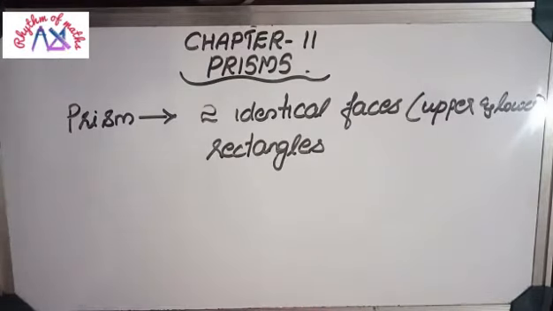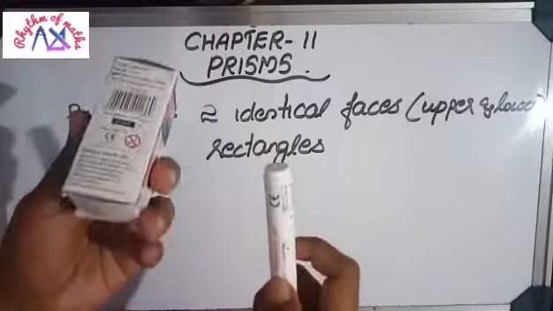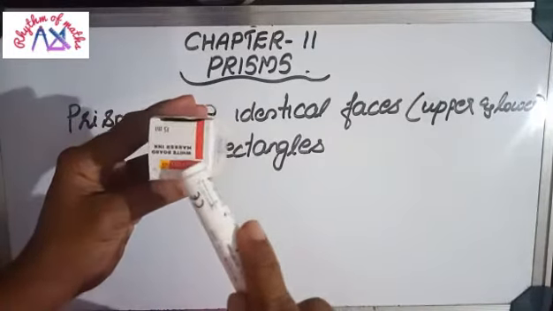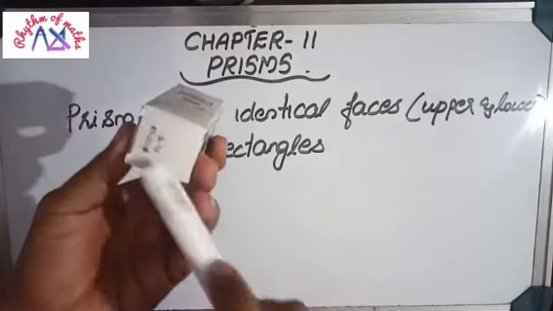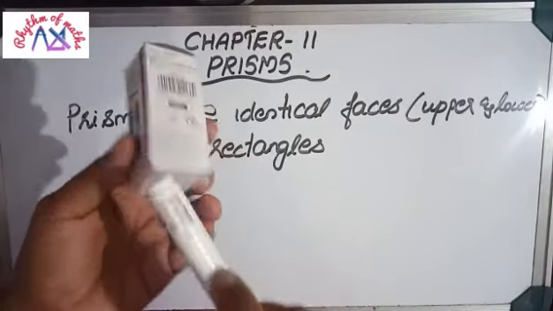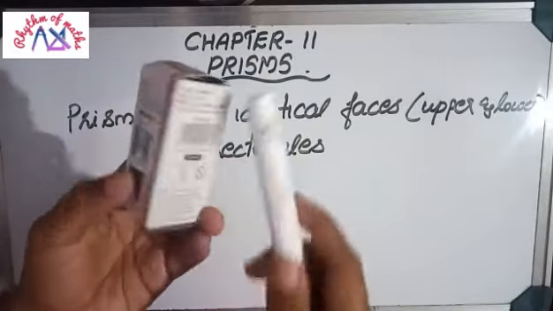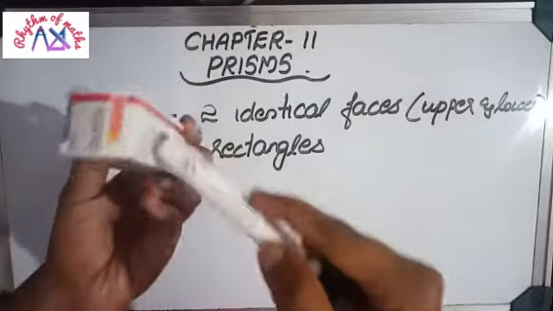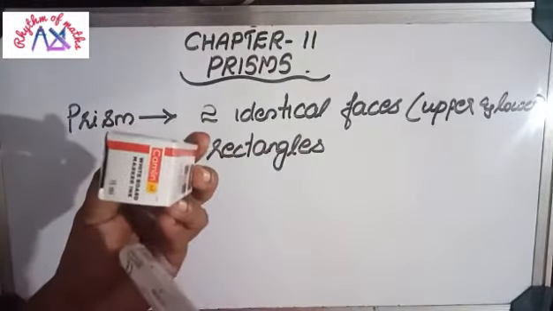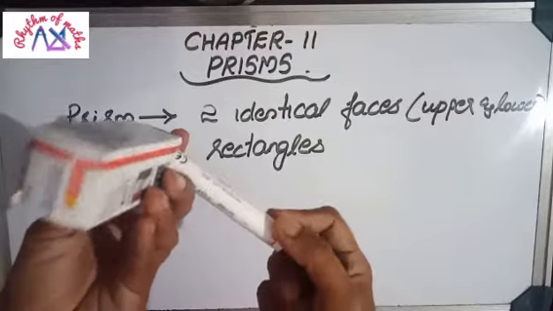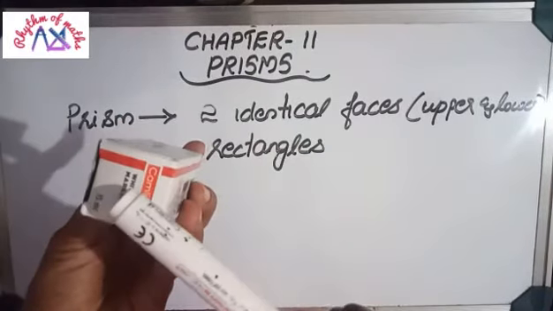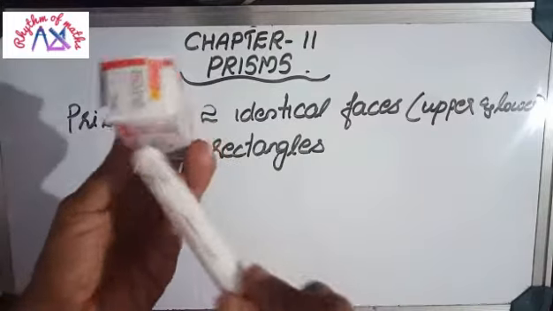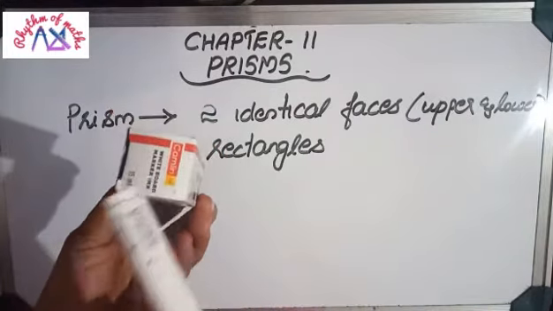look at this. Here, this is a prism because it has this upper base as a square and the lower portion also a square, and you can see that these portions are rectangles. 1, 2, 3, 4, total 4 rectangular faces are there around. So upper and lower faces are the same. Upper face is square and lower face is also square, and the faces around are rectangles. So this is a prism.